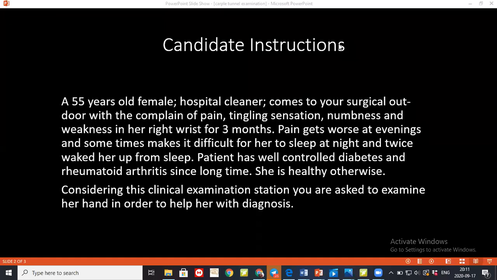And then sensory testing: test sensation on the palmar aspect of the index finger to assess the median nerve, and the palmar tip of the middle finger, and the palmar tip of the little finger, and the first dorsal web space to assess the radial nerve, and then